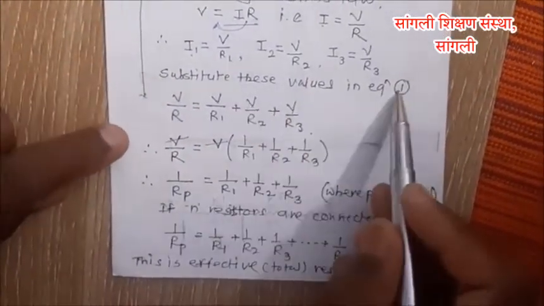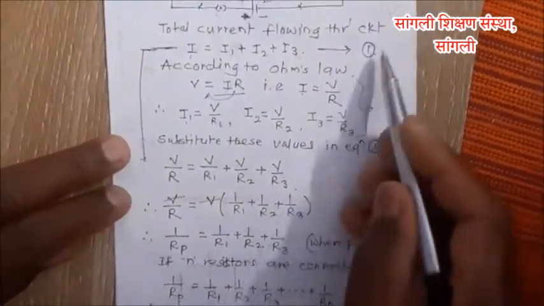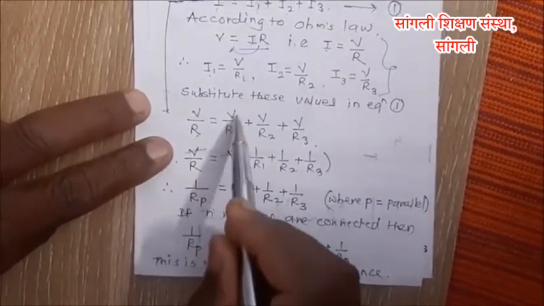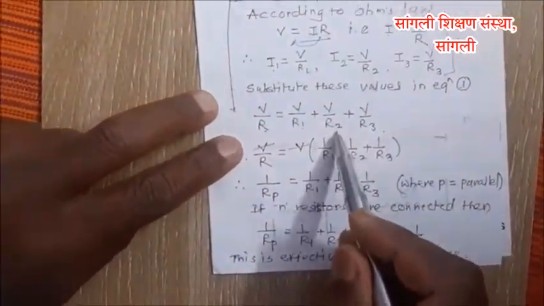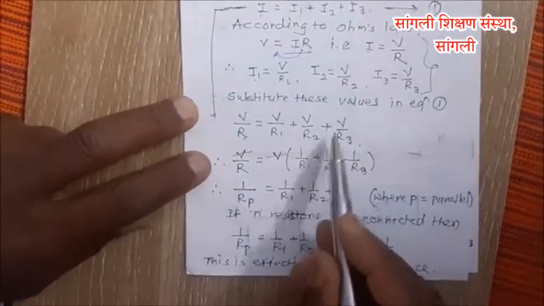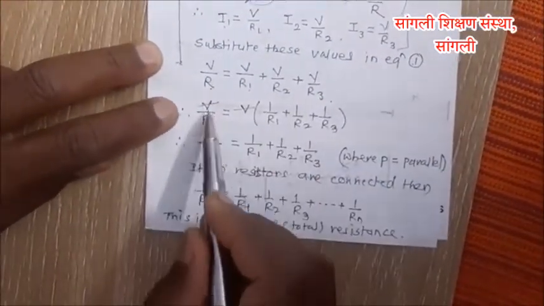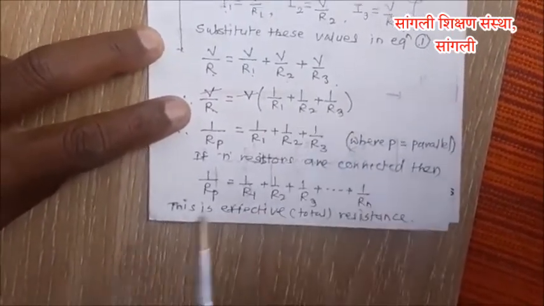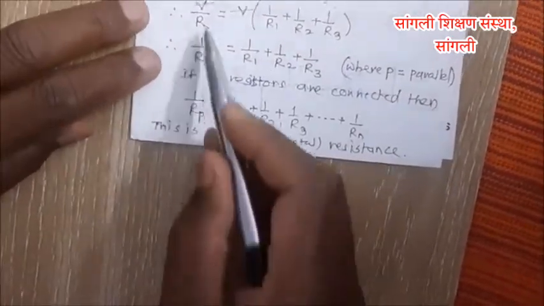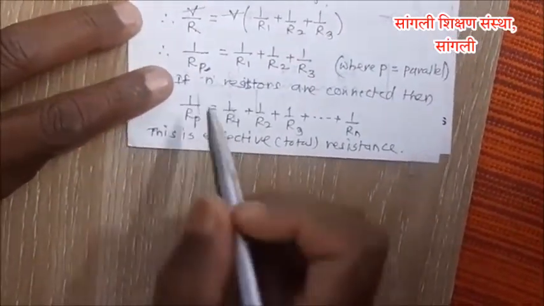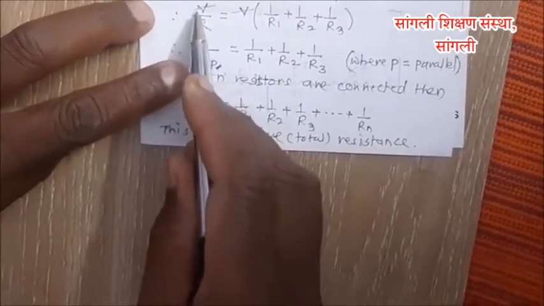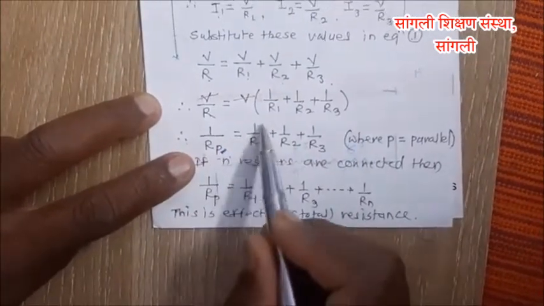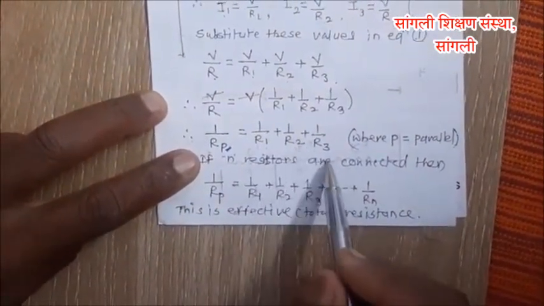Now substitute these values in equation number 1. So we'll get V upon R equal to V by R1 plus V by R2 plus V by R3. Now take V as common: V by R equal to V into bracket 1 upon R1 plus 1 upon R2 plus 1 upon R3. Now 1 upon Rp, I am putting P over here because it is resistance in parallel, because V gets cancelled with this V. Now 1 upon Rp equal to 1 upon R1 plus 1 upon R2 plus 1 upon R3, where